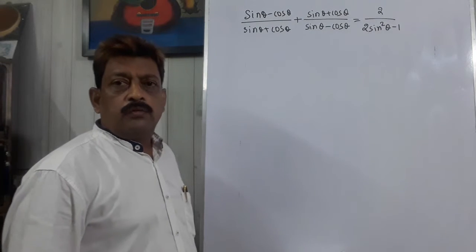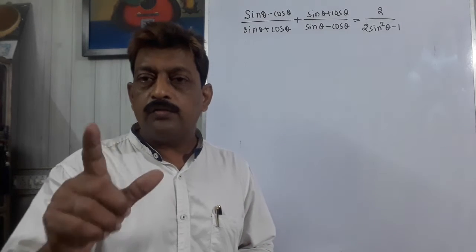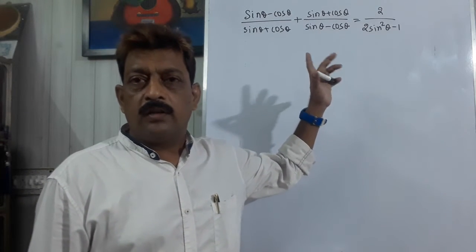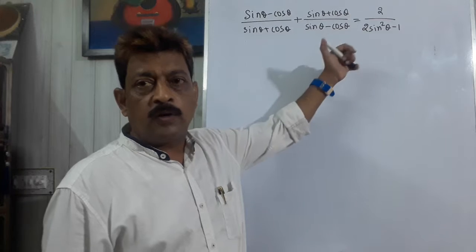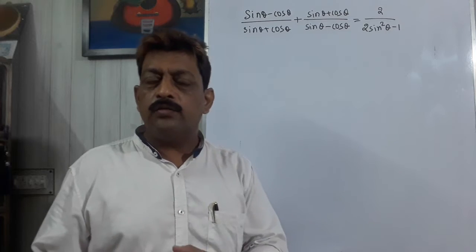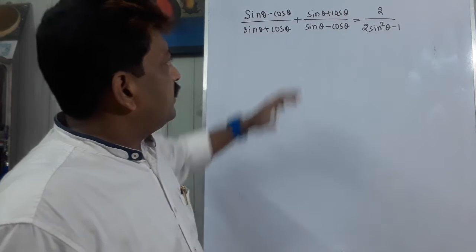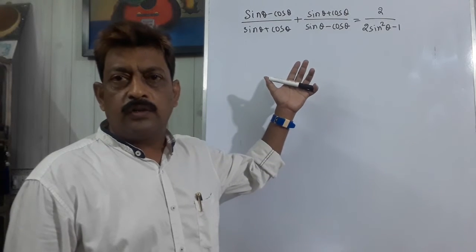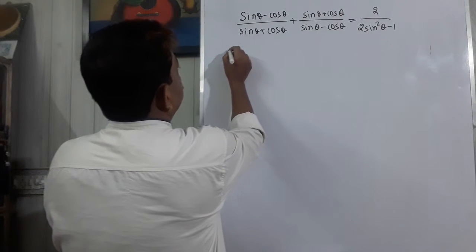So now, whatever we have done till date, now it is easy for you to understand how to start. It is very simple: since the left hand side is the bigger part and the right hand side is the smaller part, generally we start with the bigger part. It is easier to approach from bigger part to smaller part. So left hand side is in the form of a fraction, so it is very simple to guess that we have to start with the LCM. So let us do the LCM.